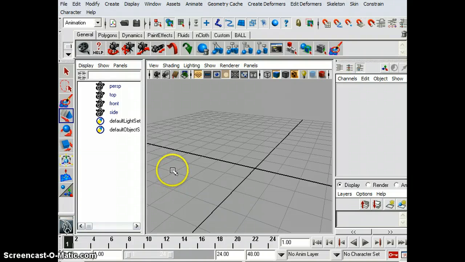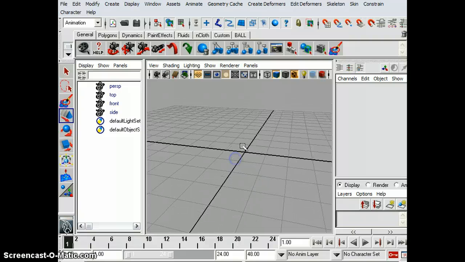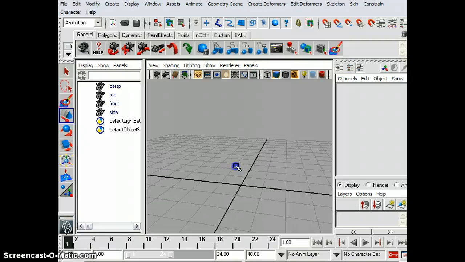Okay, so this is going to go over the benefits of referencing characters and props and stuff like that. So let's say that I'm in class and I have a short film that I'm working on, and I have a character that I have picked out, and I don't have any kind of clothing picked out for it yet. I haven't built any clothing. The character's not textured. There's a bunch of things that still need to be done to the character, but I need to get animating. Well, the benefit of having a reference character is that